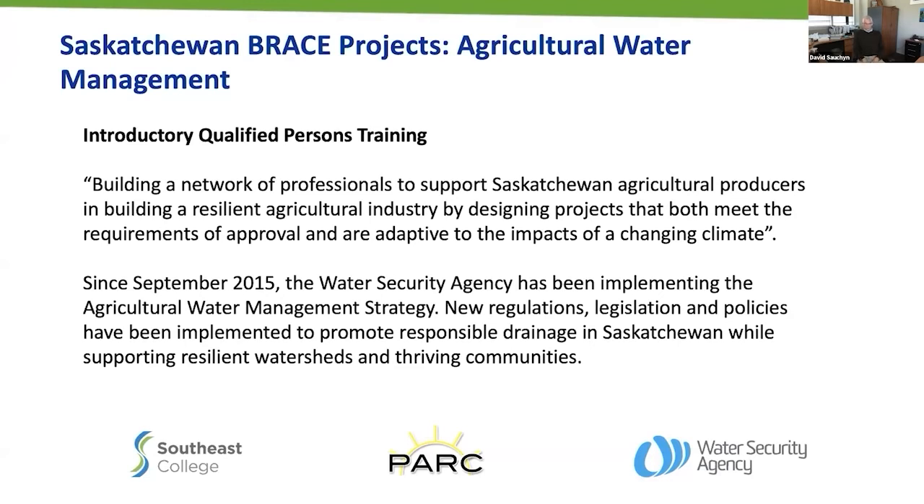So one of them is the Agricultural Water Management Project. It's a program where producers and qualified persons, agronomists and engineers who work with producers, are being trained about the best practices for draining agricultural land. There is a set of drainage regulations in Saskatchewan which really have not been implemented, but are being implemented now. And so there is this training program ongoing, and there is a climate change component because, like Elaine said, one of the